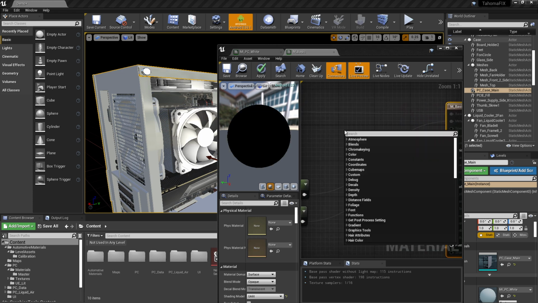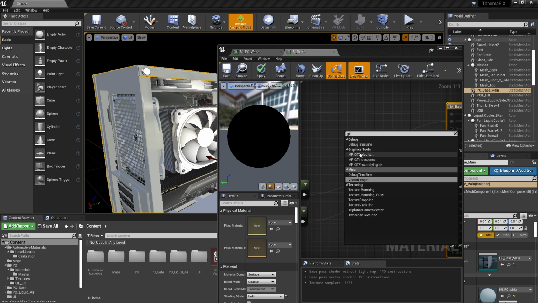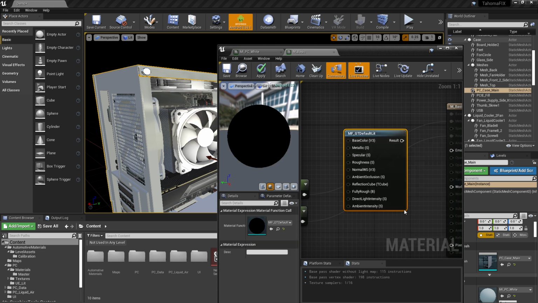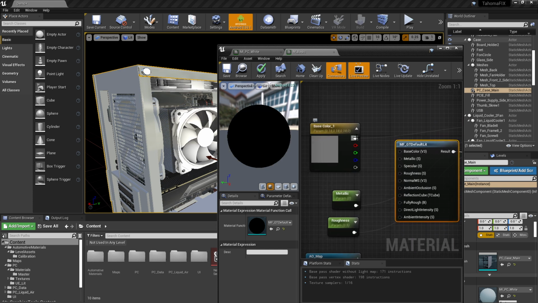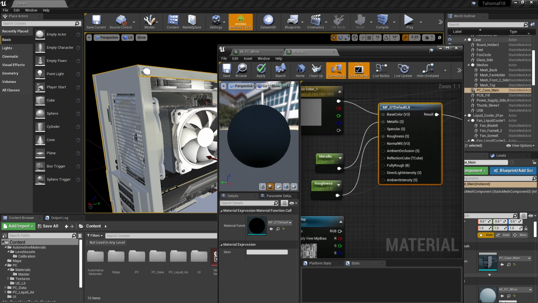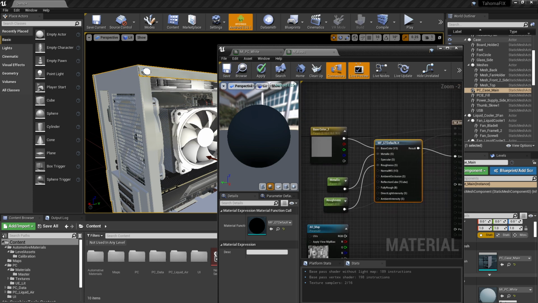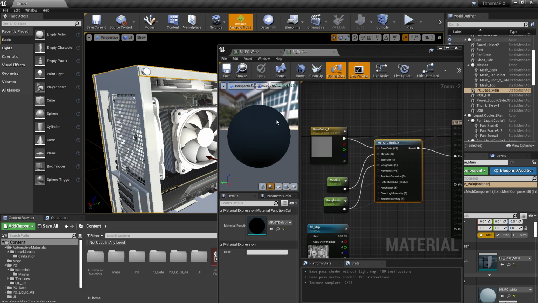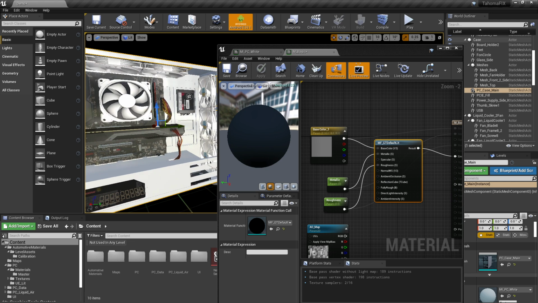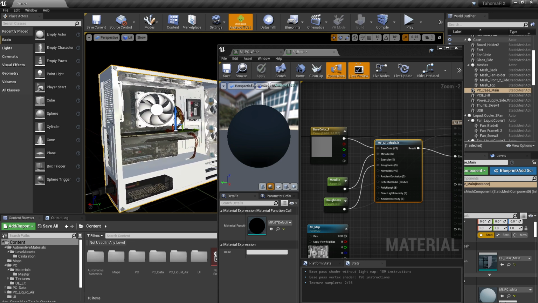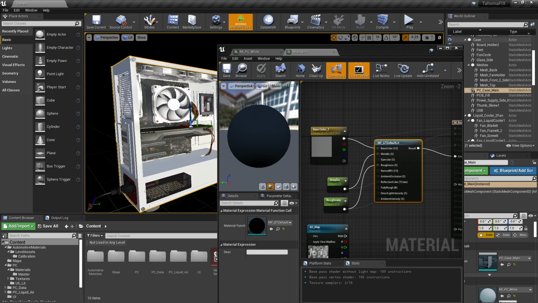And then if I right click and search for GT, you can see that I can grab the GT default lit. And that, of course, goes into the emissive color. And then we can just start to map these guys back in here. So metallic and then roughness. And that starts to look pretty good. So if I hit apply on this, it's going to go through and update all the materials that master fed into. So if we zoom out here and see a little peek of that PC, you can see that it's kind of bright now. So this is looking pretty good.